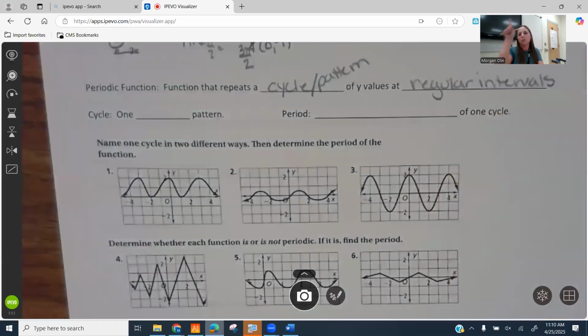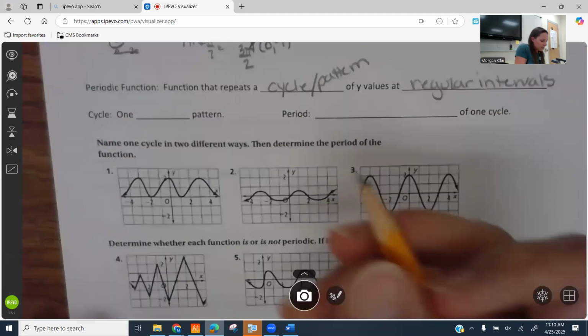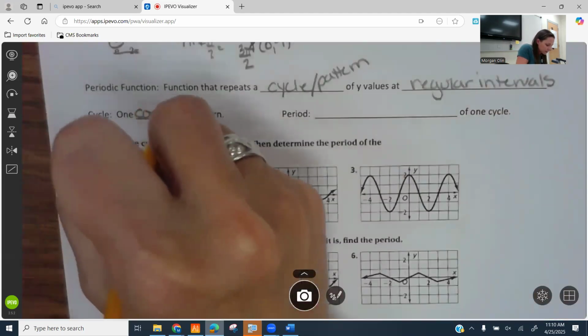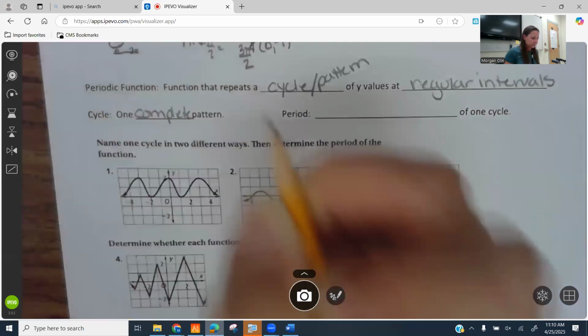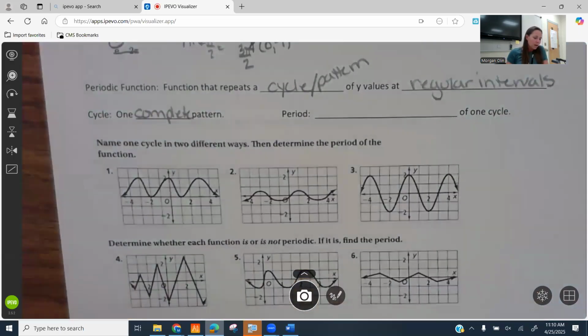So think about that circle. We keep going around and then it keeps repeating itself. All right. So a cycle is one complete pattern. And the period of one cycle, okay, the period is basically one,